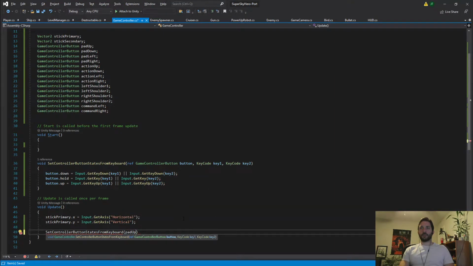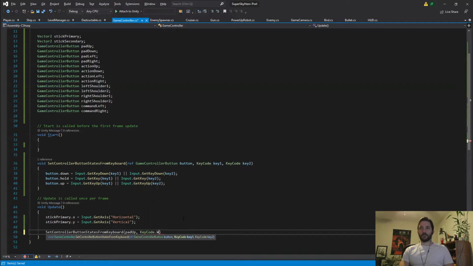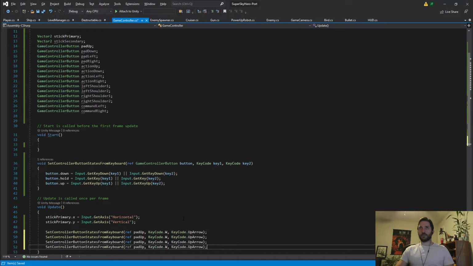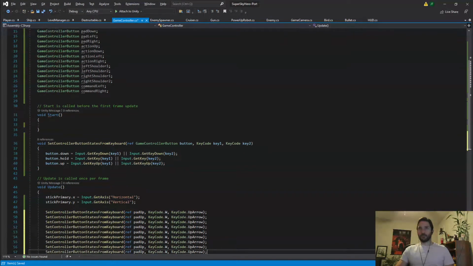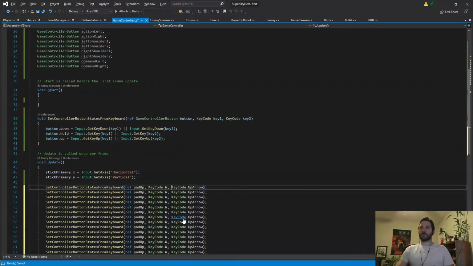pad up. Yeah. The first one's going to be keycode.w, and the other one's going to be keycode.up arrow. So that's going to be a ref. Then we're going to pad down, left, right, action, up, down, left, right, left shoulder, right shoulder, 2, 2, command, command. Okay. So this is going to be S, then down arrow, pad down,